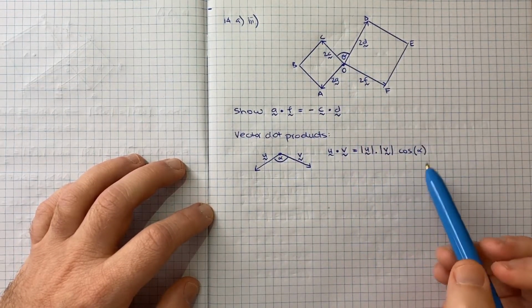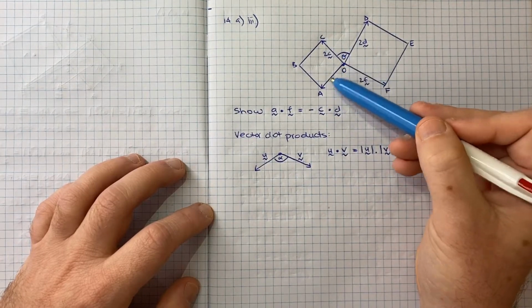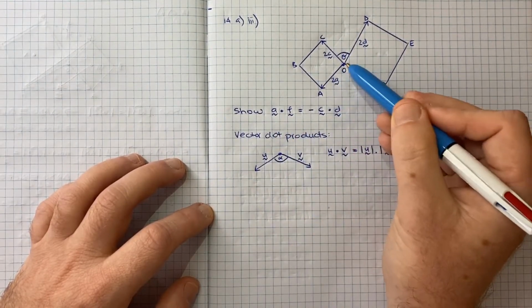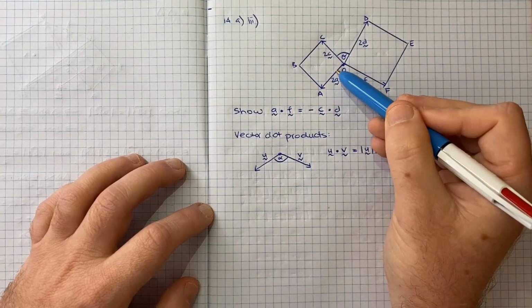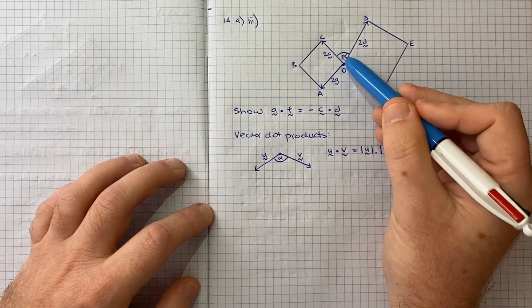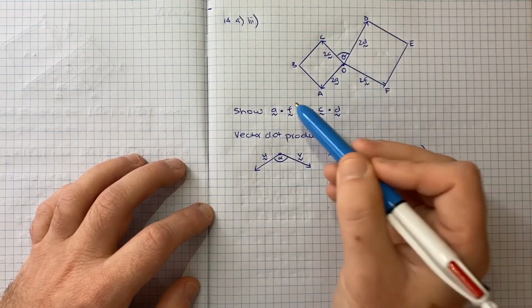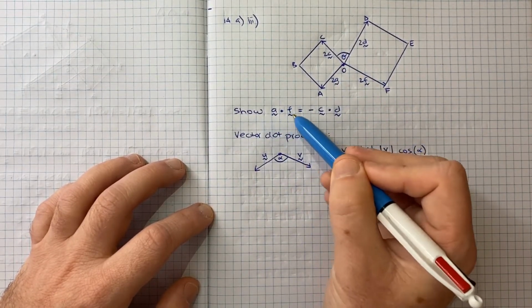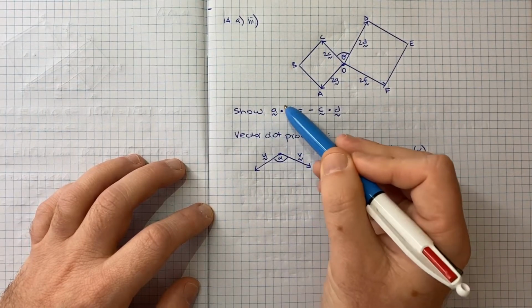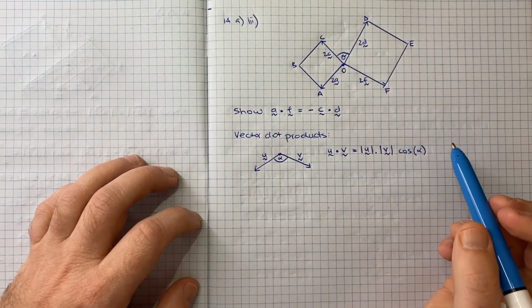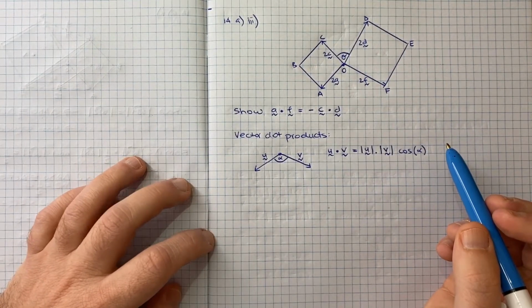Now, if I wanted to think about vector A and vector F, which is what we've got over here, I need to know the angle between them. We're given theta as the angle over here, but I'd like the angle between A and F so that I can start thinking about their dot product and then see where I get to. So maybe as a step one,